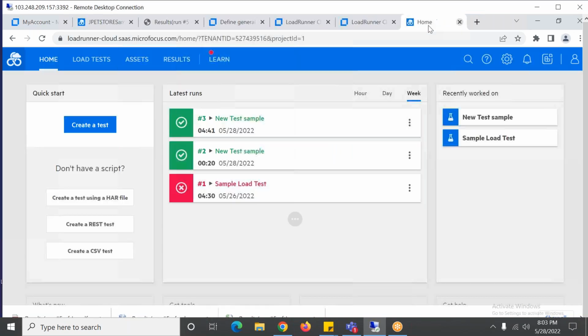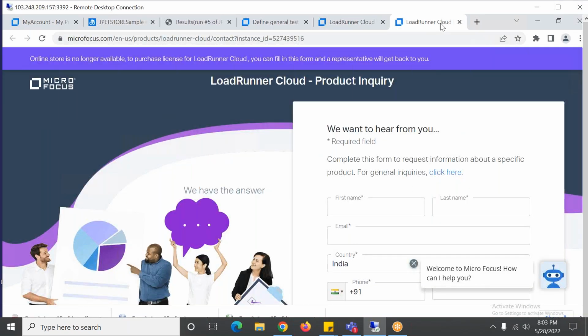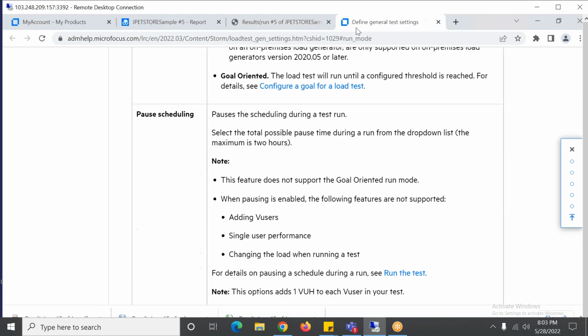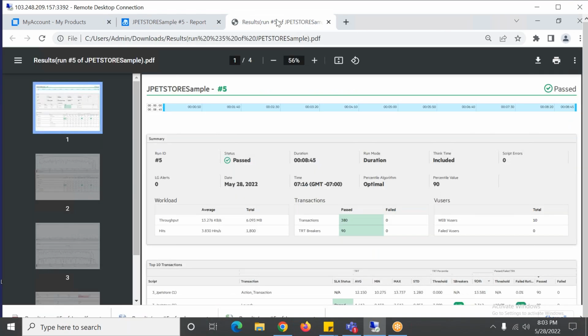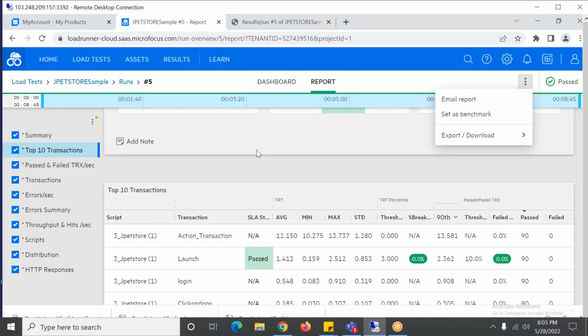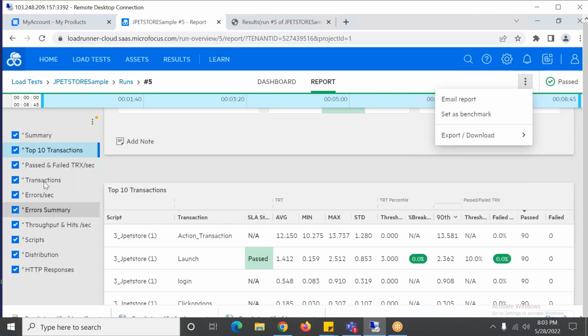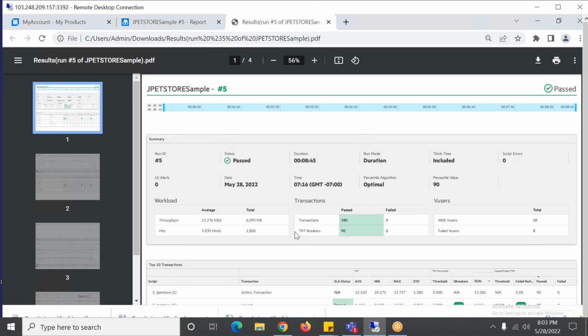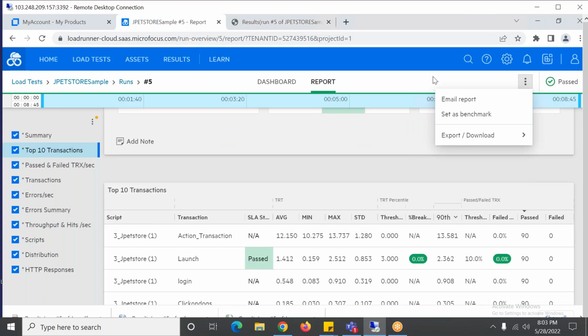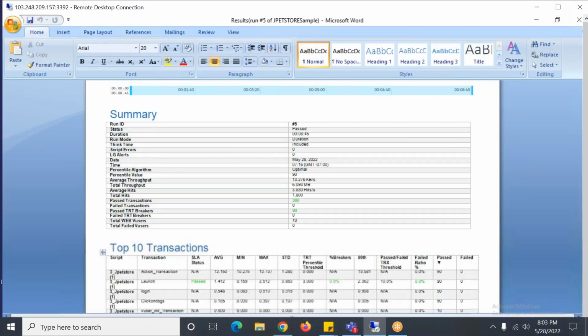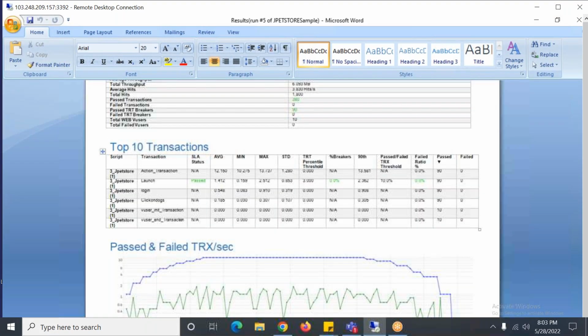We selected all these options, so we could see everything. If you don't want any of this, like the top 10 transactions, you can ignore it. In this way, you can download all your reports in PDF and CSV formats, and in Word format as well.